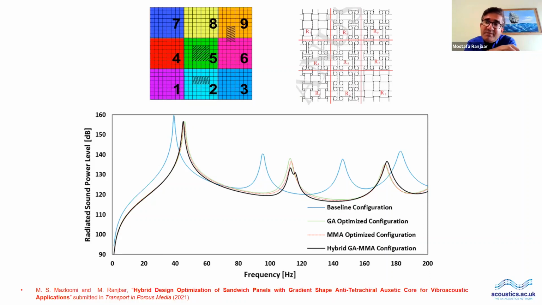The time that you need to spend for the genetic algorithm is different because it is searching the whole design space, compared with the method of moving asymptote. But you see that the results are not too much different. So that's the experience that I want to show you: if you use suitable, appropriate optimization techniques, then you can have a good result in a short period of time, which is relatively reliable. Also, we did some hybrid technique.